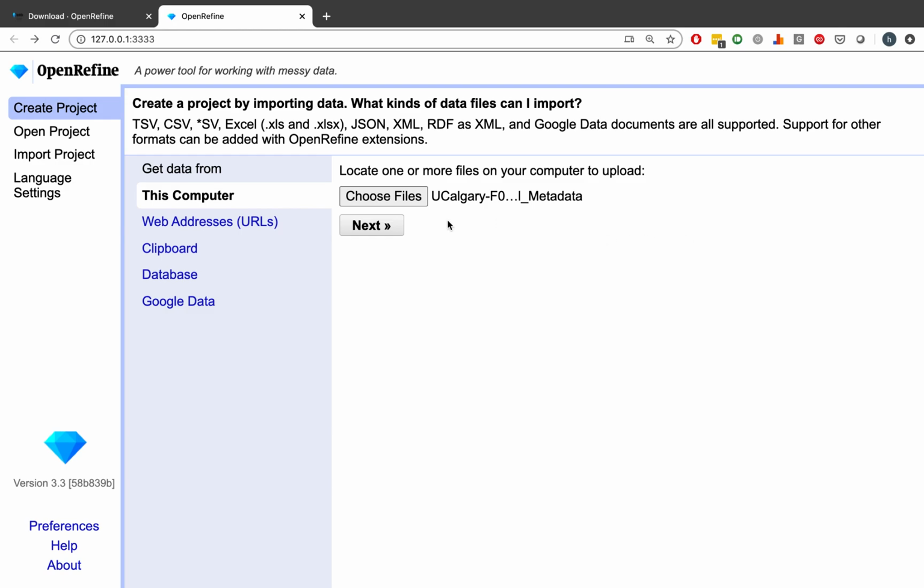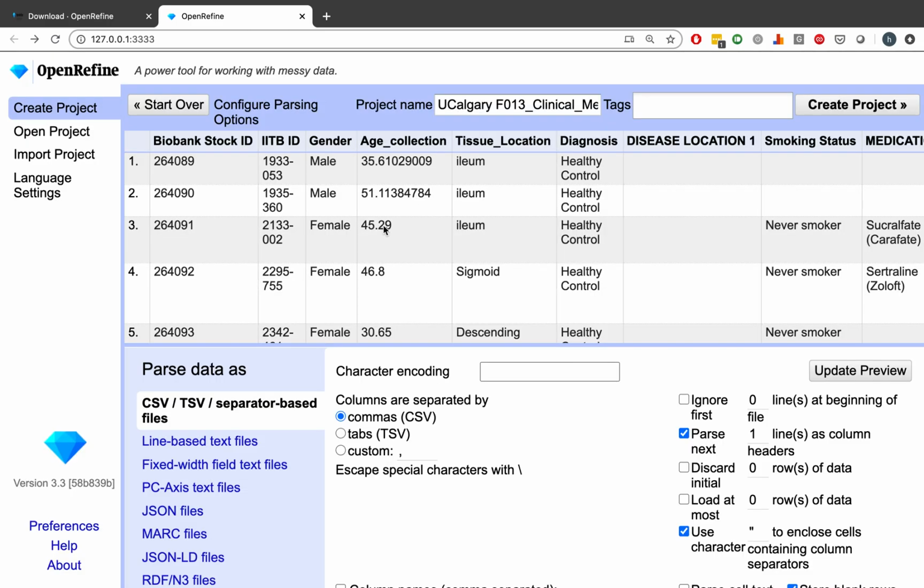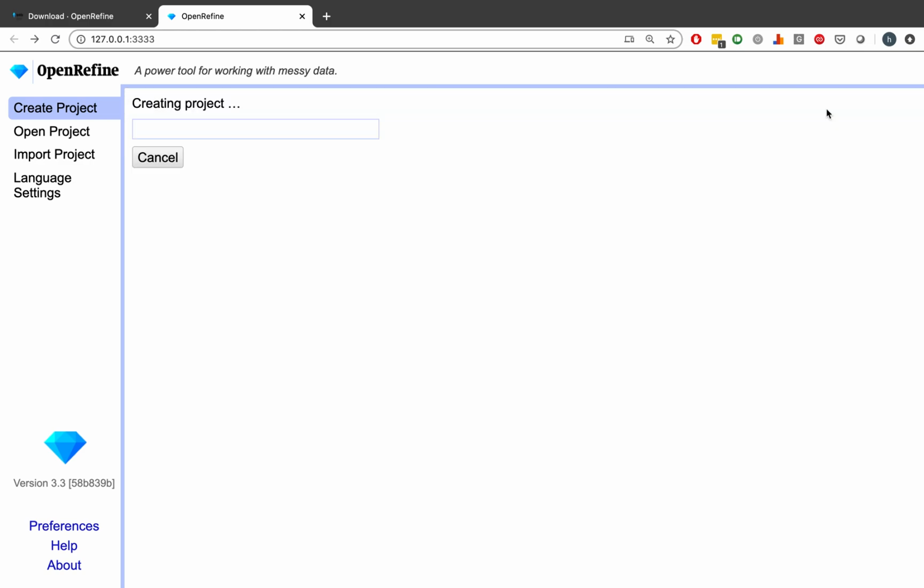Okay, so once you have loaded the file, it's going to show the file name here, so you can click next so it can actually open it for you to inspect. This is just for you to inspect, make sure all the columns are separated, and the file looks how you expect it to look. This is the project name on the top here. You can now click on create project. Once you're satisfied with everything, create the project. It takes a second or two to do that,